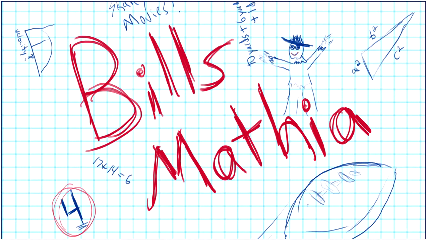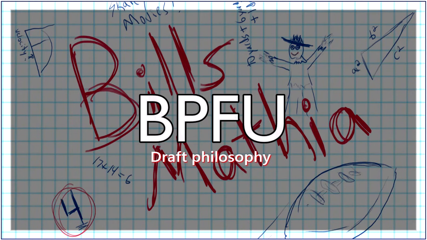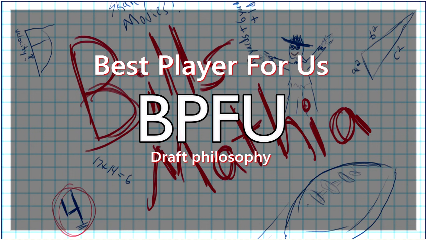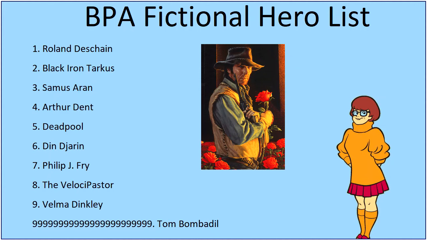With free agency winding down and the draft starting to ramp up, I wanted to cover my personal philosophy to the draft, which is BPFU, which stands for Best Player for Us. This is definitely a bit contradictory towards a common draft philosophy, which is BPA or Best Player Available. And to start to contrast the difference between BPA and what I would advocate for, which is the BPFU model,